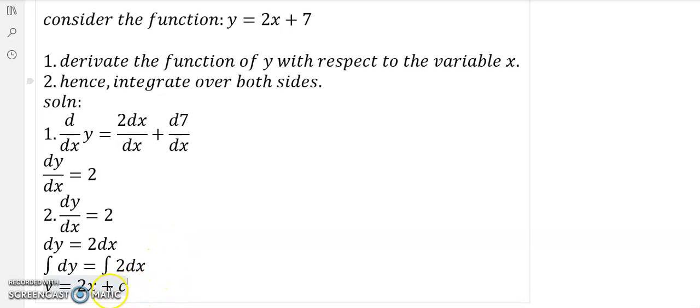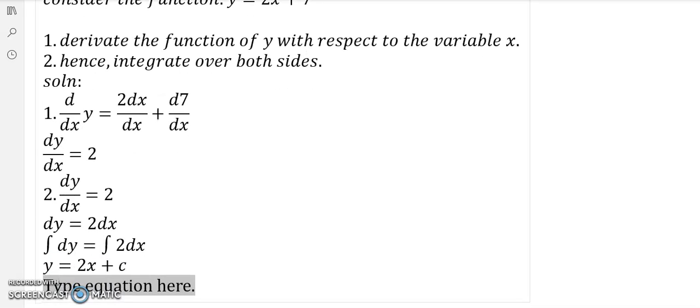Meaning that this one and this one, the integration and the derivatives are inverse operators. Okay. Where we have used this formula,